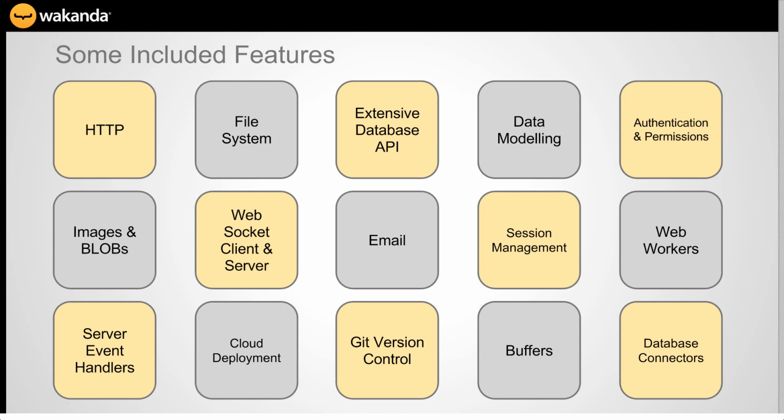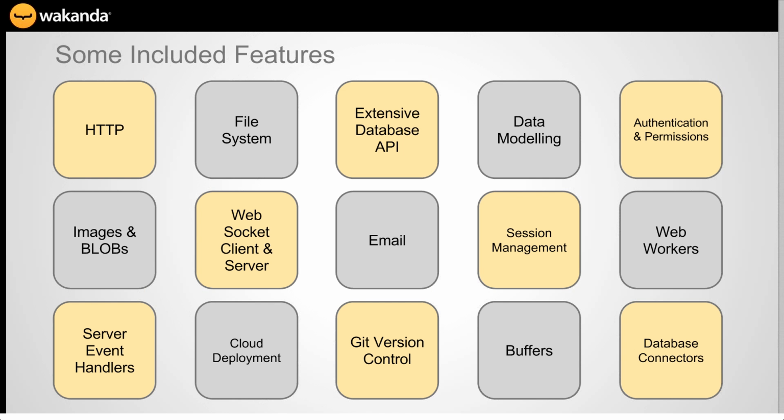We've got a full file and folder system API. You're going to see access to the database, data modeling, authentication, and permissions are all in there. We've got APIs for working with images and blobs. We're just introducing WebSockets. Wakanda Server can be both a client and a server. Email, you've got session management, web workers. There's events on all of the data store